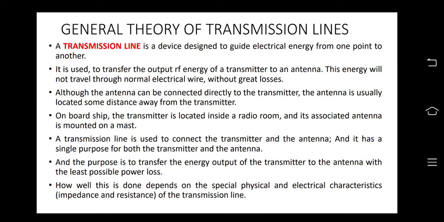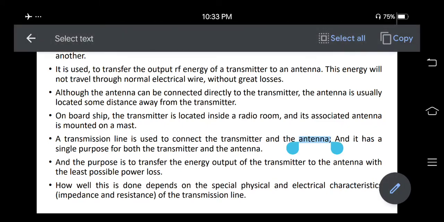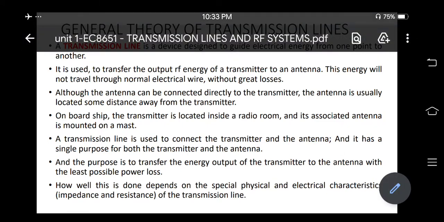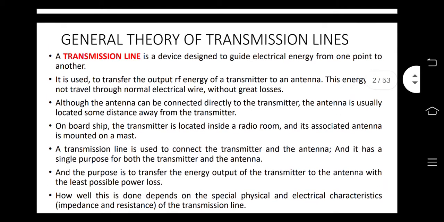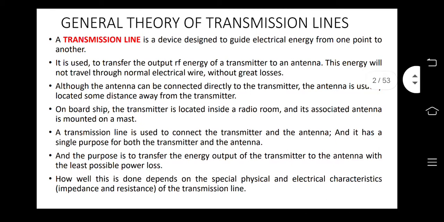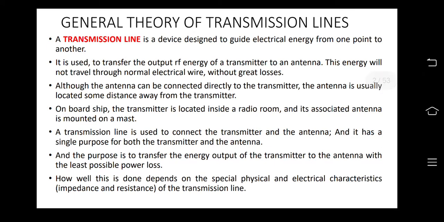A transmission line is a device designed to guide the electrical energy from one point to another. It is used to transfer the output RF energy of a transmitter to an antenna. This energy will not travel through normal electrical wire without great losses. Although the antenna can be connected directly to the transmitter, the antenna is usually located some distance away from the